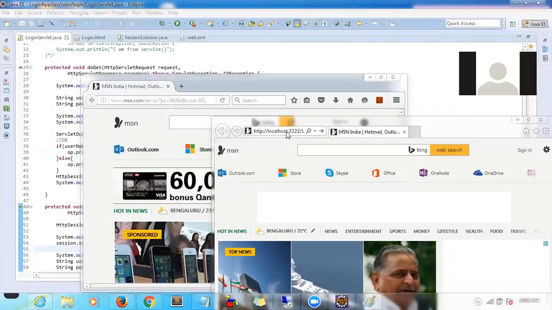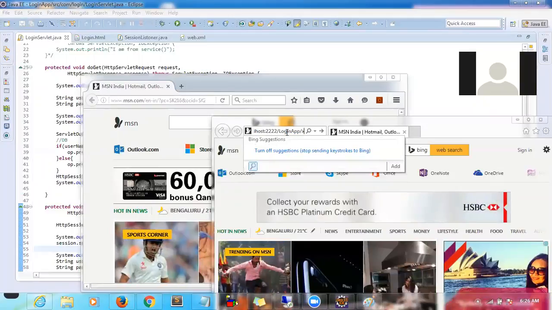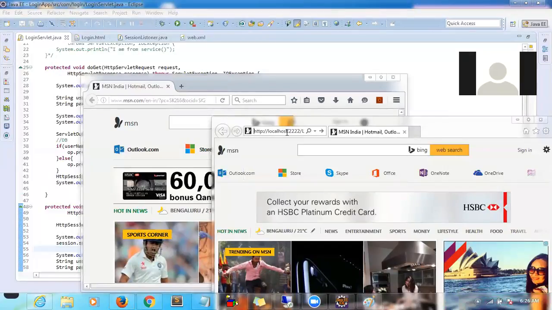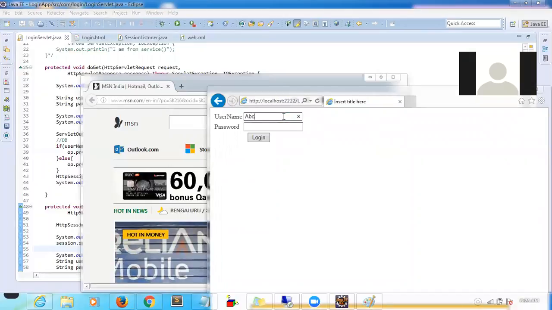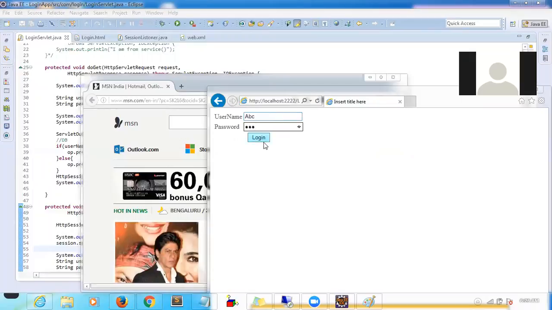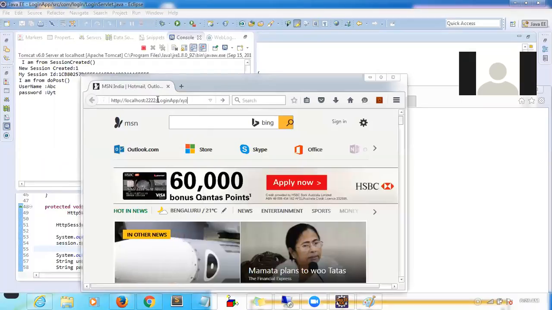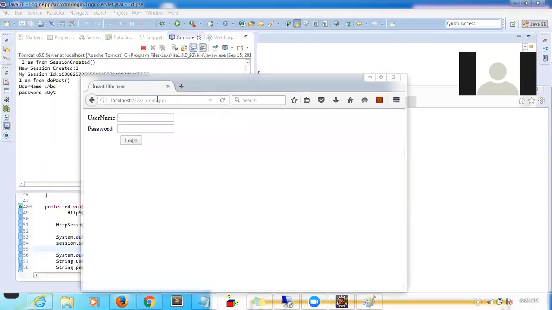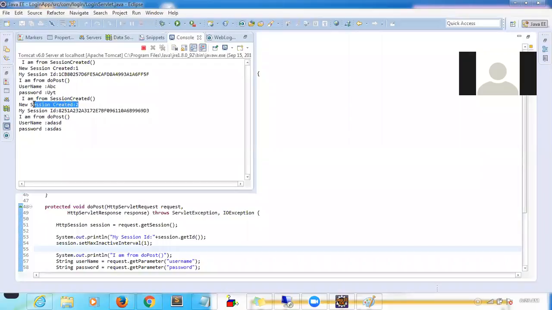So this is the first user. So the first user I am trying to log in. So one user is logged in and the count is, you can see, 1. Yeah. And let me log in a second user, otherwise the session will expire. This is the second browser and second client. And now see the count is 2, correct? Yeah. Okay, let's wait for a minute.